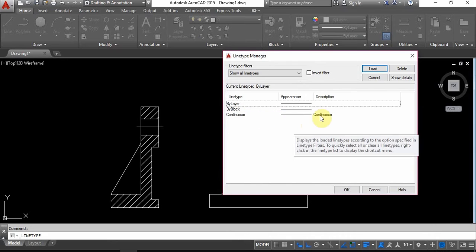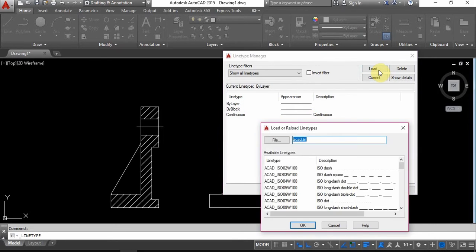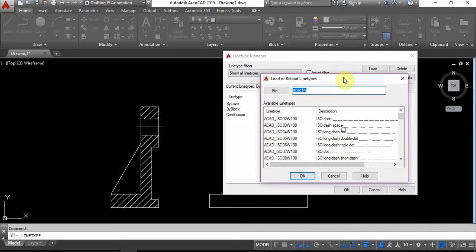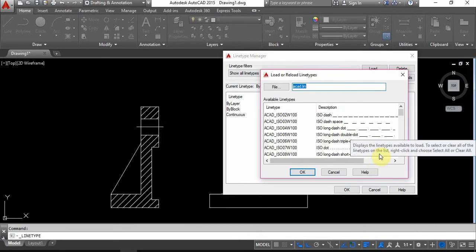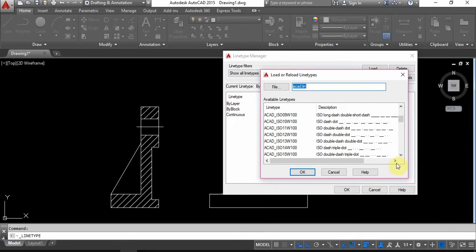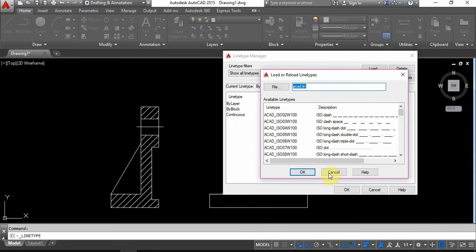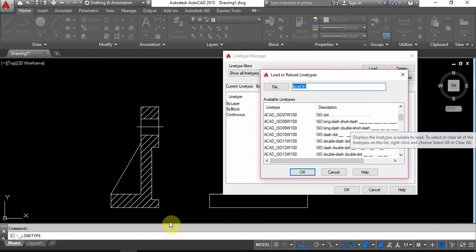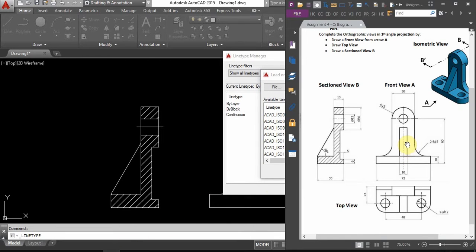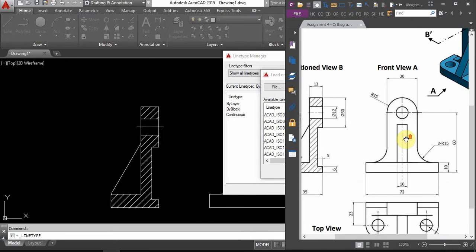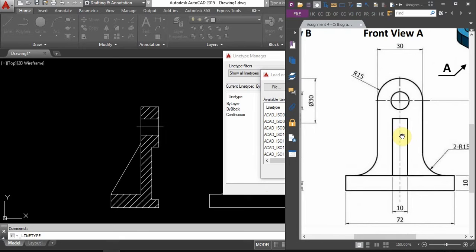In order here we have the continuous, that's all. So I need to load more, and in the load here I can see different line styles. When we want to have the line style of one longer line and one shorter line,